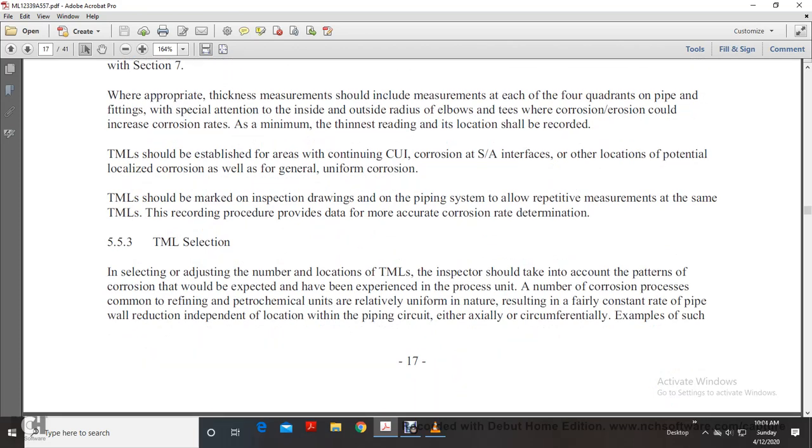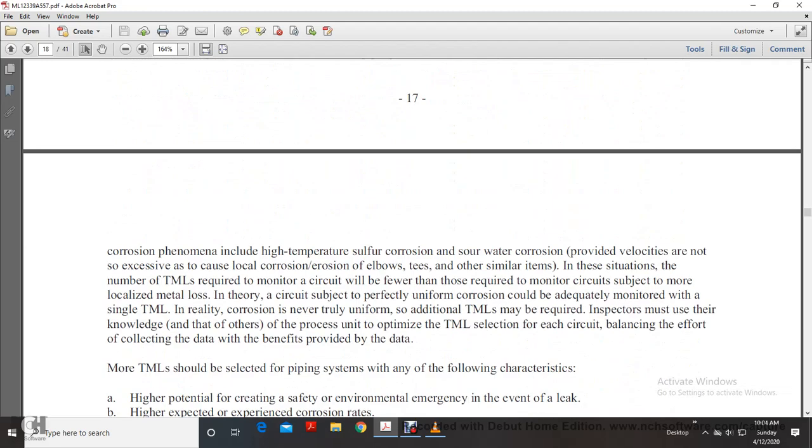In selecting and adjusting the number of thickness measurement locations, inspectors should take into account the patterns of corrosion that have been experienced within the process unit. A number of the corrosion processes common in refining and petrochemical units are relatively uniform in nature, resulting in a fairly constant rate of pipe wall reduction, independent of location in the piping circuit, either axially or circumferentially. Examples of such corrosion phenomena include high temperature sulfur corrosion,